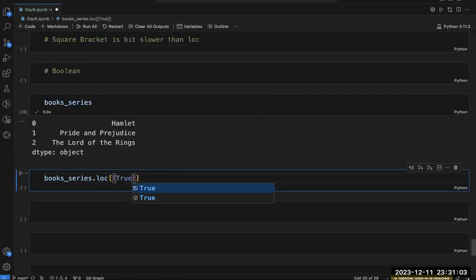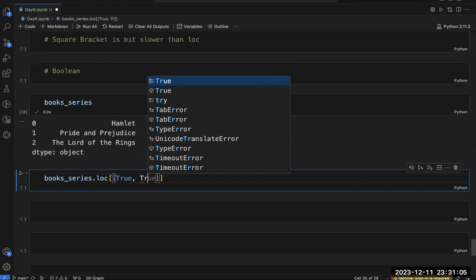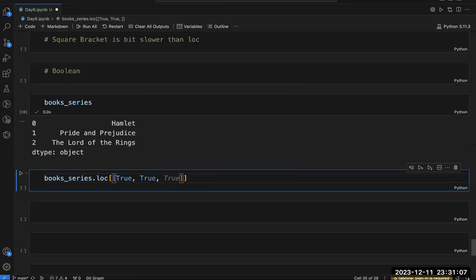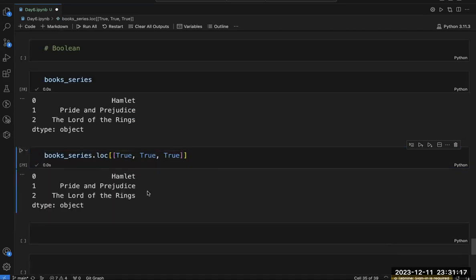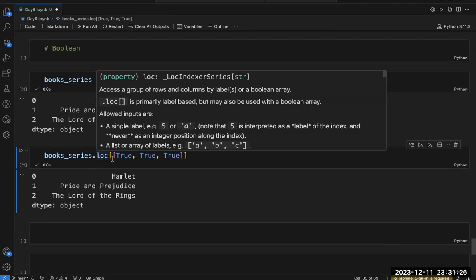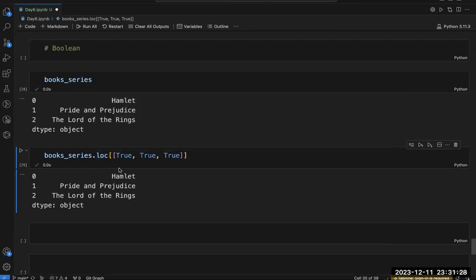So let's write here True. Again write True, and again write True. If you write True three times and run this, you will get all those things. What I want to say is that dot loc is my level based extractor.